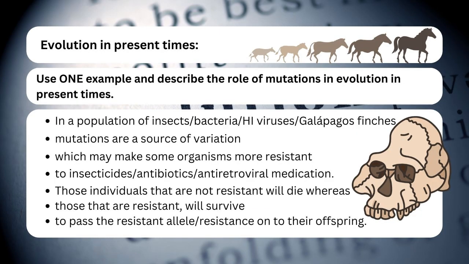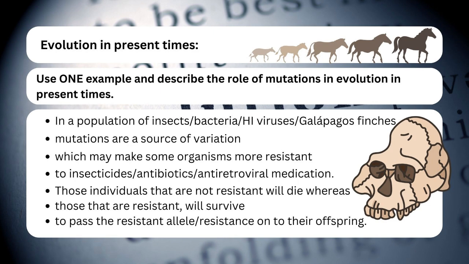Evolution in present times. Use one example and describe the role of mutations in evolution in present times. In a population of insects/bacteria/HIV viruses/Galapagos finches, mutations are a source of variation, which may make some organisms more resistant to